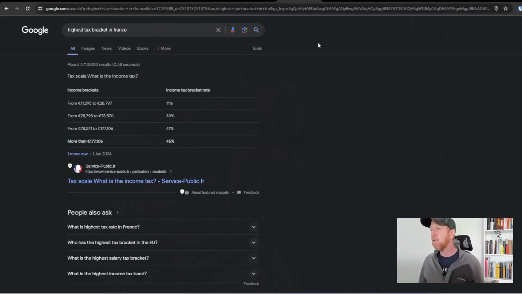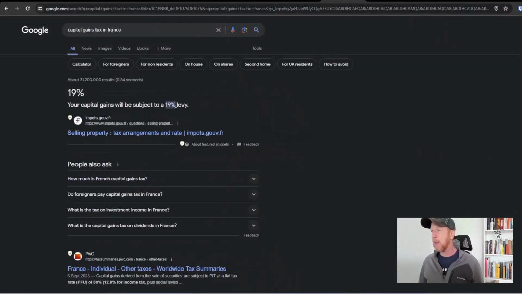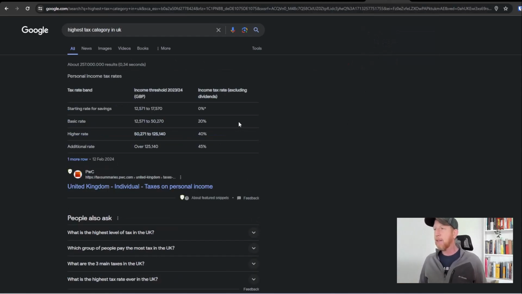Let's take a look even further, and we have France. France is also at 45% with capital gains at 19%. So that's looking really pretty good there. Now, here's what's interesting, though, and this is something very fascinating. Let's take a look at the UK. In the UK, you are again going to be at 45%. You put that aside, that's pretty darn awesome. Put 45% of your binary options profits to the side. You're looking really good.